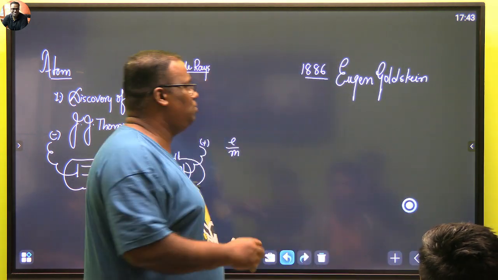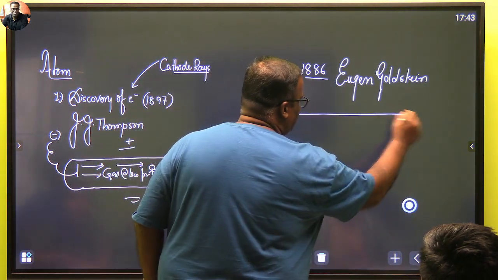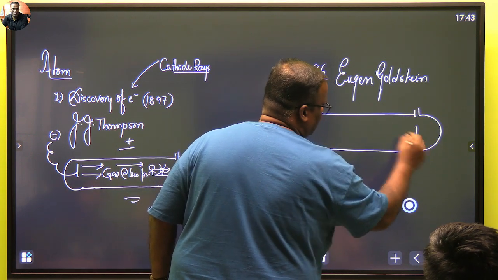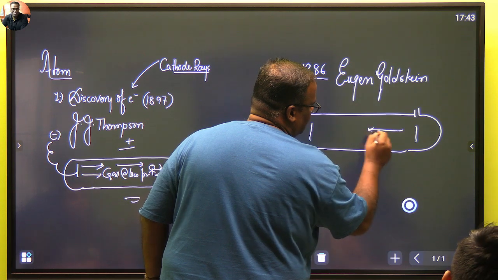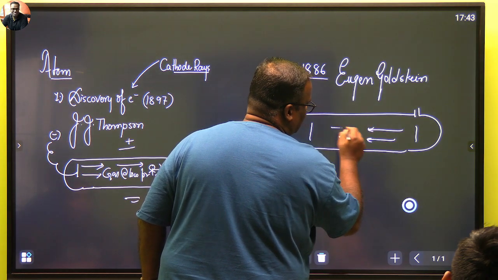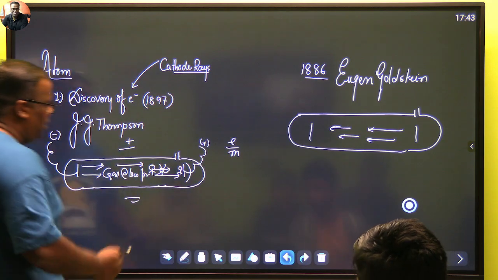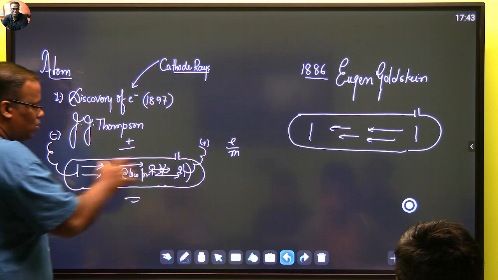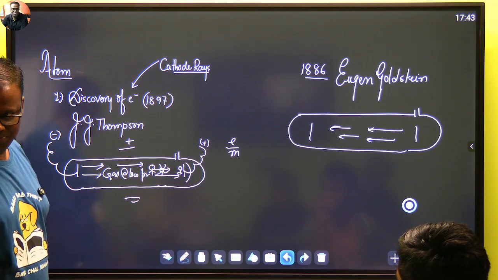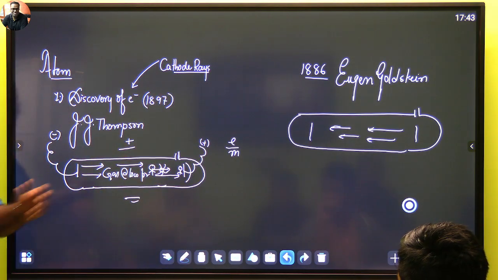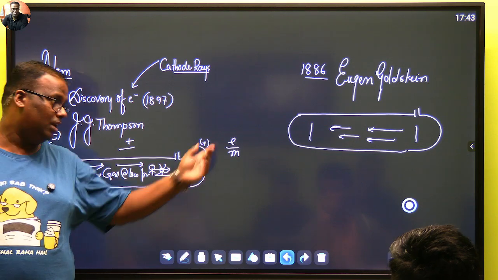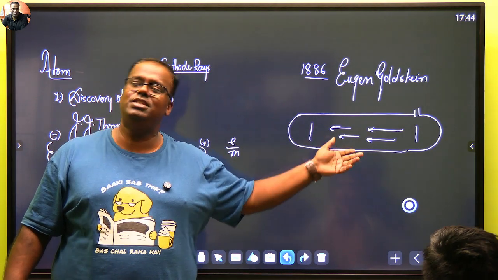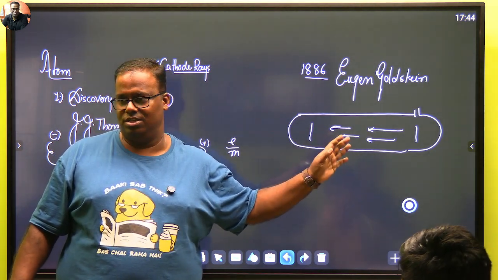Anode rays are said to be proton. Well, not exactly. Same sort of phenomenon was done. Same setup was done for this case also. This time, the rays are traveling from this side. So, आप बोल सकते हो, sir, how can it be that sometimes you get cathode and sometimes you get anode? You actually get cathode and anode on the same tube. In the case of cathode rays, if you change the gas, the ratio does not change. But in the case of anode rays, if you change the gas, the ratio changes.